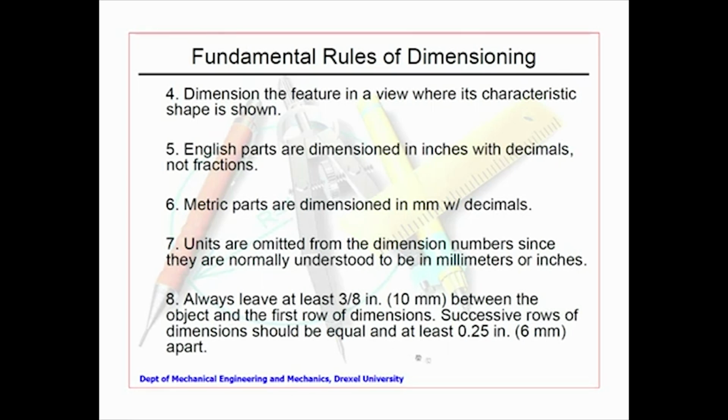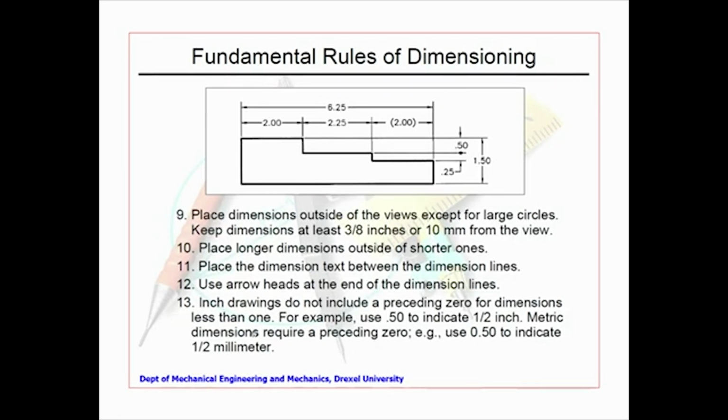So, this is a matter of convention, saying leave about this much dimension while printing and all that. You see here one very interesting thing: 2 millimeter is critical, 2.25 is critical and 6.25 is critical. This 2 is the remaining dimension, so that it will not lead to any unnecessary